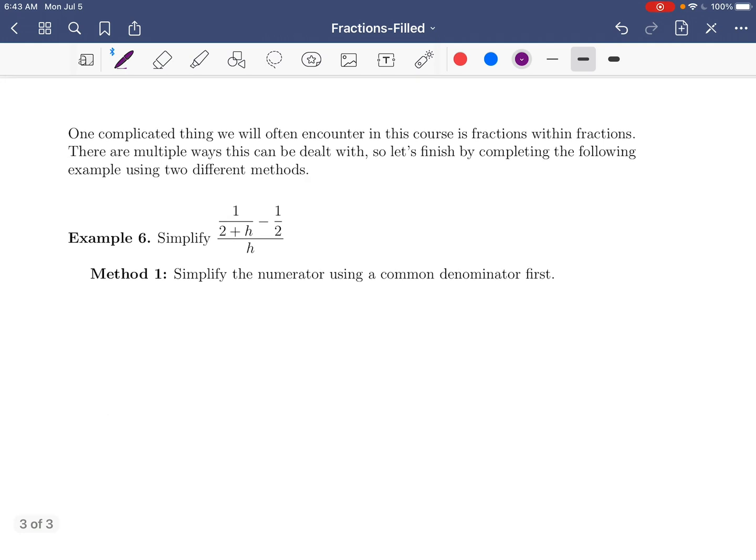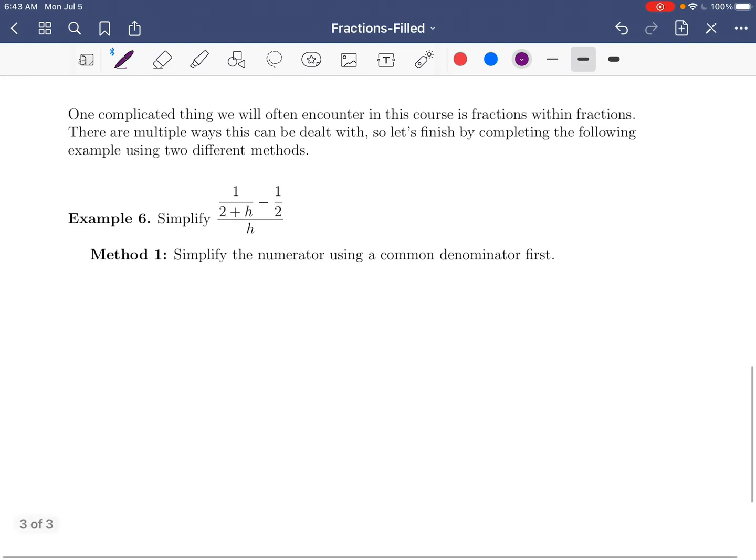Okay, so let's try a complicated example. So this is something we often will encounter in calculus. So they're fractions within fractions. Okay, now because this is so complicated, I'm going to do it in two different ways. Some people prefer one over the other. You can do it either way. It doesn't matter. So the first method I'm going to do is,